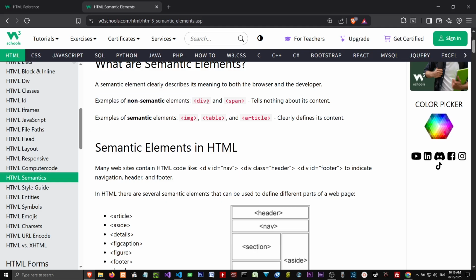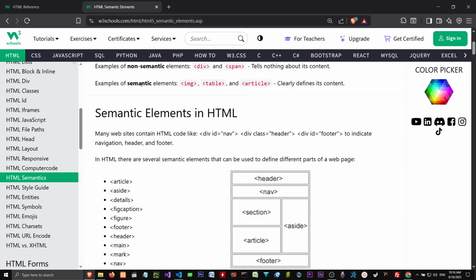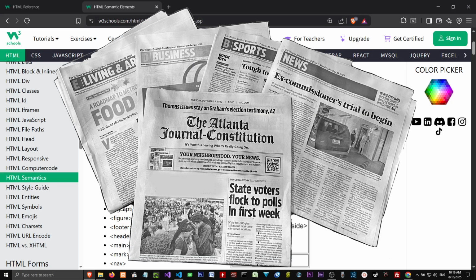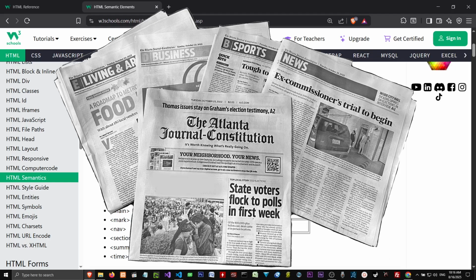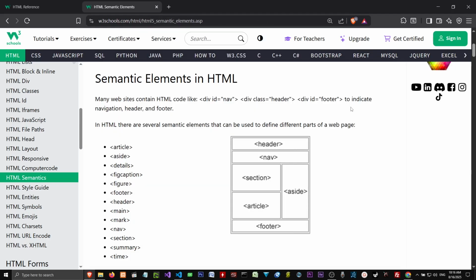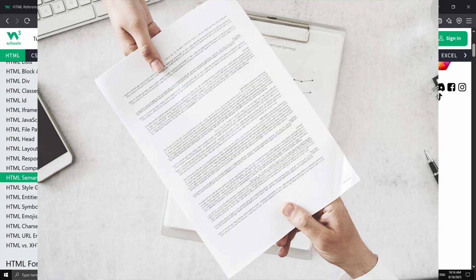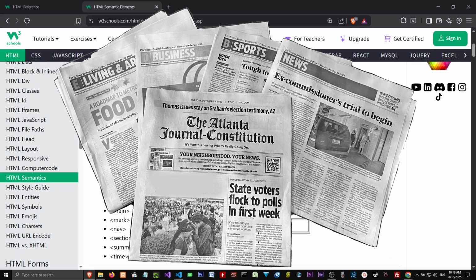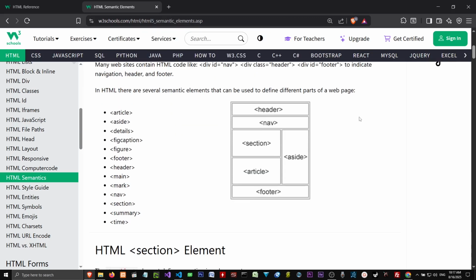You'll see when we start laying out our web page, we'll use divs as a container to hold the text in, right? And examples of semantic elements are things like the image tag, the table tag, the article tag. If you remember, back in the old days, we had a thing called a newspaper, right? So back in the day when websites were just getting started, what did they model the web page after? There's a reason why we say HTML document or file, because it's referencing a tangible piece of paper or a newspaper. Newspapers, you may remember those ancient dinosaur means of communication, but they kind of had